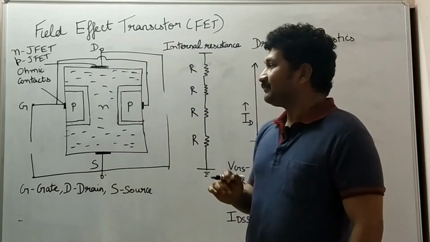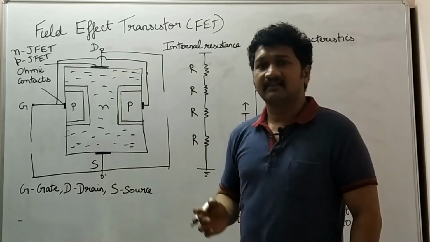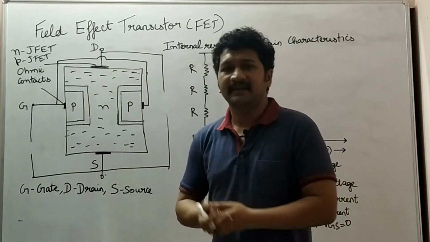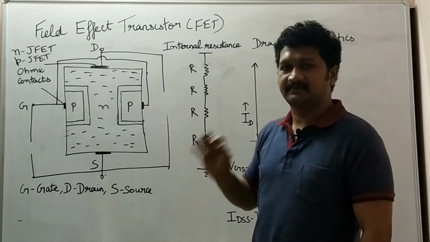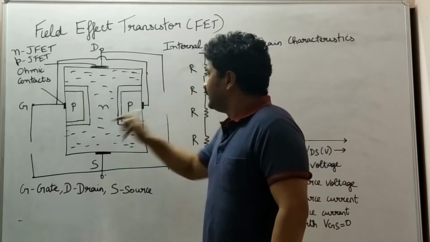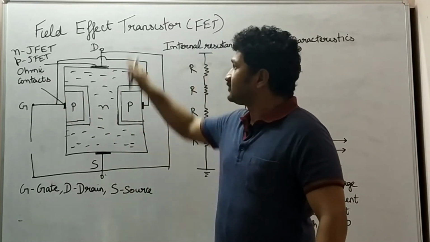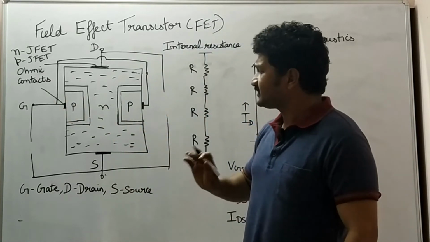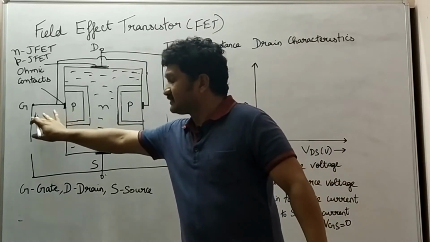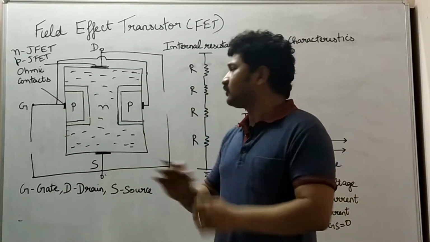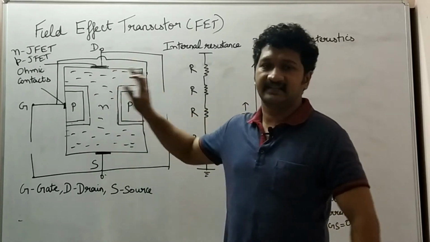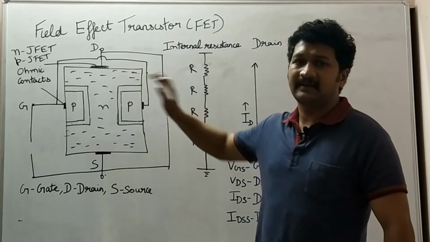So we will see that. Our final objective for any transistor or semiconductor device is to obtain the current. Here also that will be our objective. Now gate, source and drain are three terminals. As the name suggests, gate is the controlling terminal. We are going to control the movement of electrons by using gate. We will see that in a step by step way.